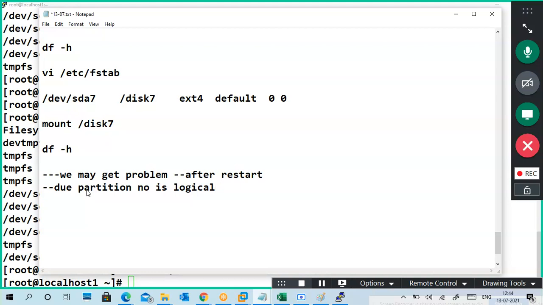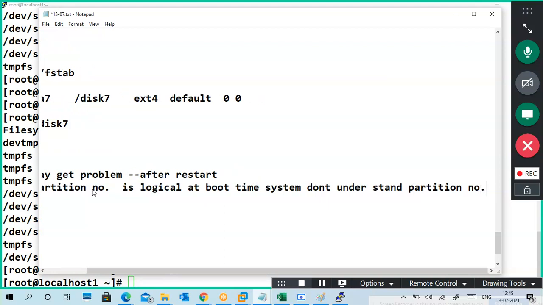So obviously at boot time, the system doesn't understand partition numbers.